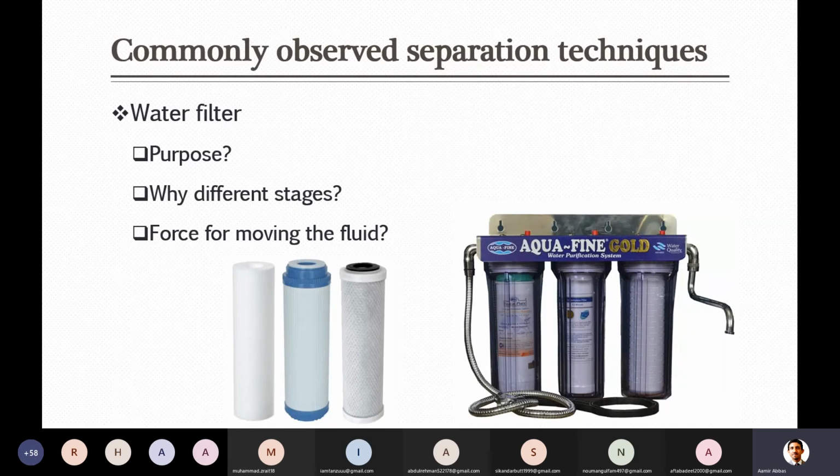So in membranes, there is a high pressure drop as compared to even these. These are simple filters, and through these, liquid can pass. If it has a small head, it will pass through this filter. But through the membrane, you need high pressure. So in order to make that pressure, we have to pressurize the water and then pass it through the membrane. Then water can pass through the membrane. So actually, in this kind of separation, you will need some force to push the water through the system.